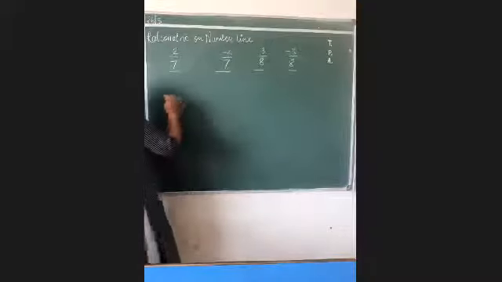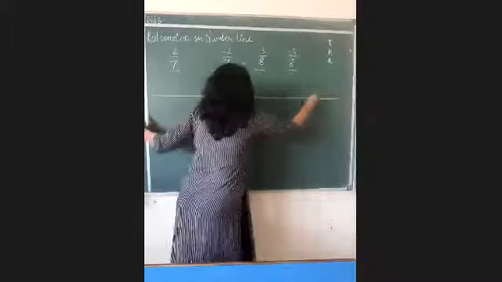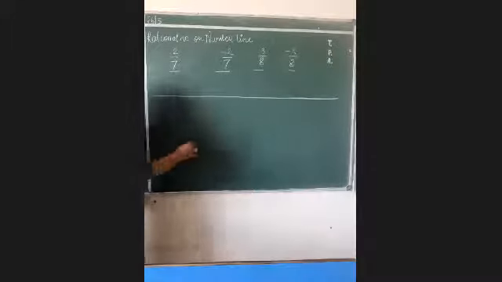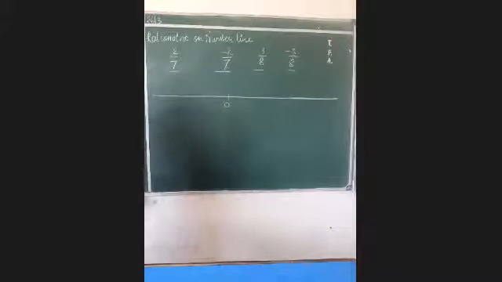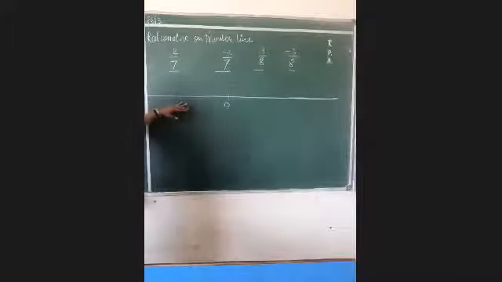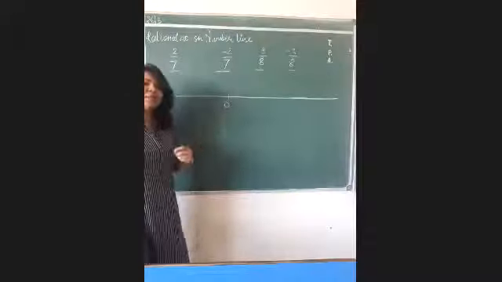You need to always draw a number line, because we are doing the concept of number line only. In between there will always be 0, because 0 is neutral. On the right side you get the positive ones, and on the left side the negative ones, which you have studied from junior classes, in class 6th and 7th. Now let us see how to represent this.